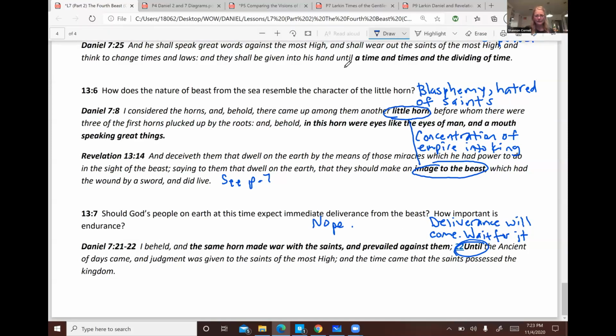So what we've seen from this lesson in the past couple of weeks is that Daniel's 4 beasts correspond to Nebuchadnezzar's dream in chapter 2. There's definite correlations there, although we can consider those 4 beasts having modern day applications. It's a possibility, something to think about, right? But we're also seeing that the 4 beasts of Daniel, specifically the 4th one, has correlations to Revelation as well.